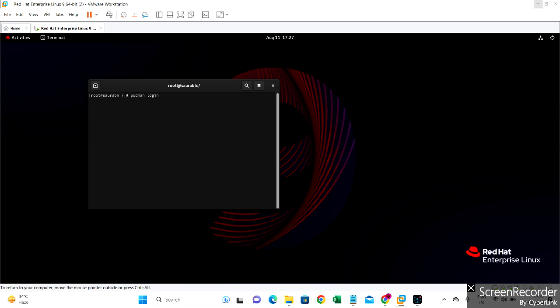Here we have to specify the registry for which we are going to log in. Here I am using Docker Hub, so I will go with docker.io, or you can also use the Red Hat registry. Here you have to specify your ID first of all,